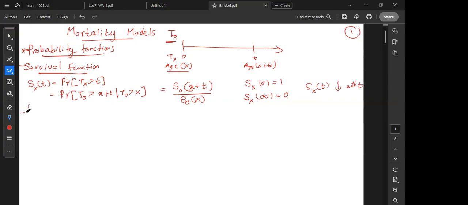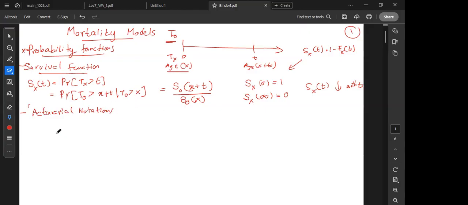And now, using this survival function, I can remind you that if you know the survival function, it is the same as 1 subtracted by the cumulative distribution function of that Tx random variable. So in the actuarial notation, now I can use these concepts and define some actuarial notations